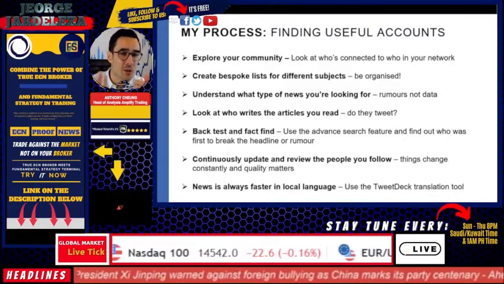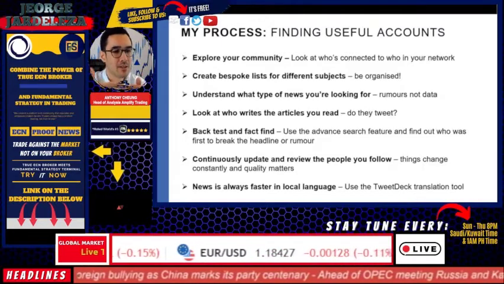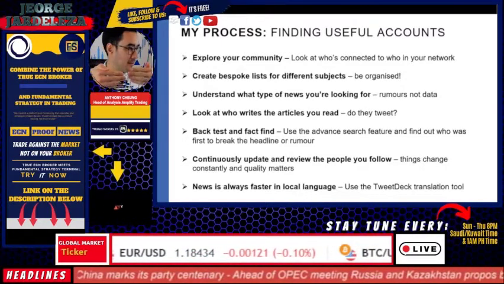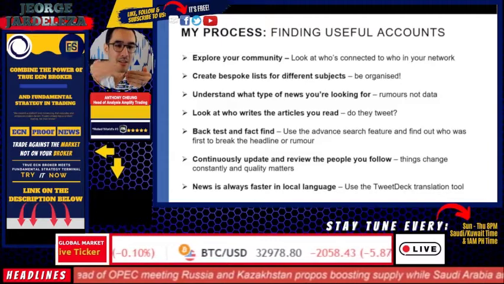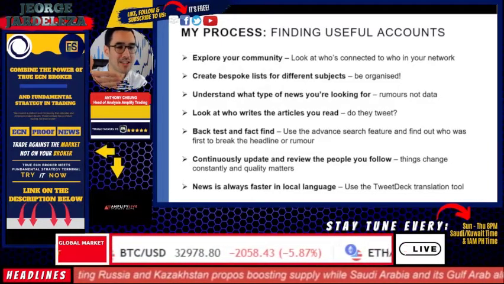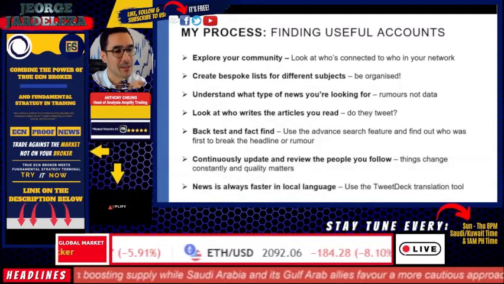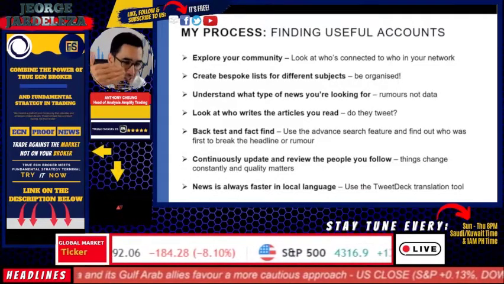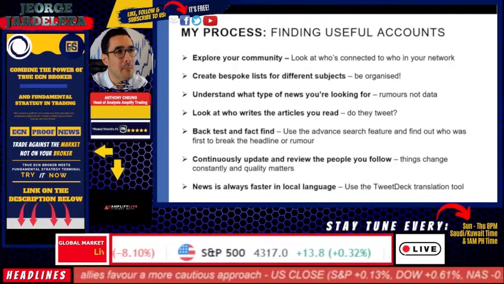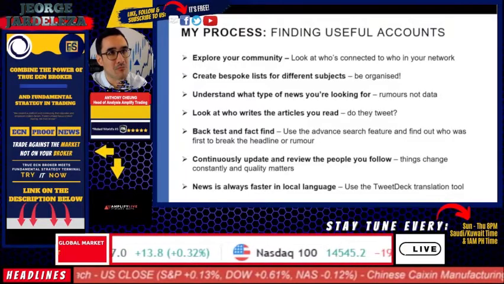Once I go on there, I look at the actual websites in Russian, and what I used to see, when I put the Russian website next to its English version, was that the Russian website was updating infinitely quicker. It was almost like it would go up there and then get translated by an English-speaking team to then go on the English version. And the same thing happens in China. So I used to just rely on translation tools and read news in its local language, and I used to find a massive time edge to get into stories way before the markets would react in terms of US, UK and European markets.